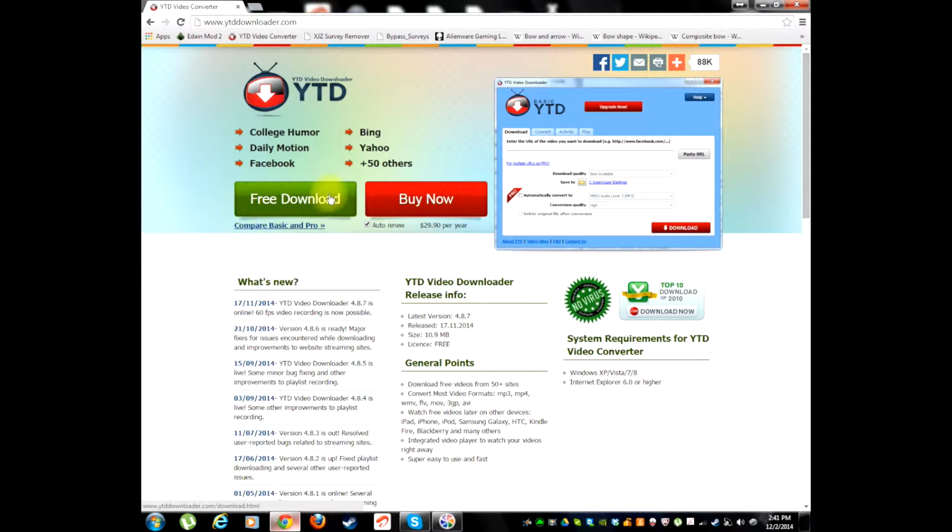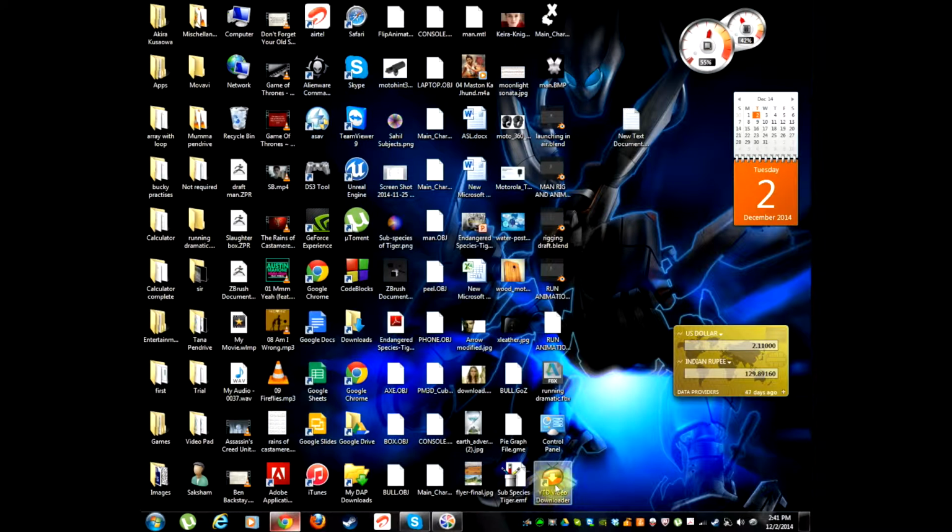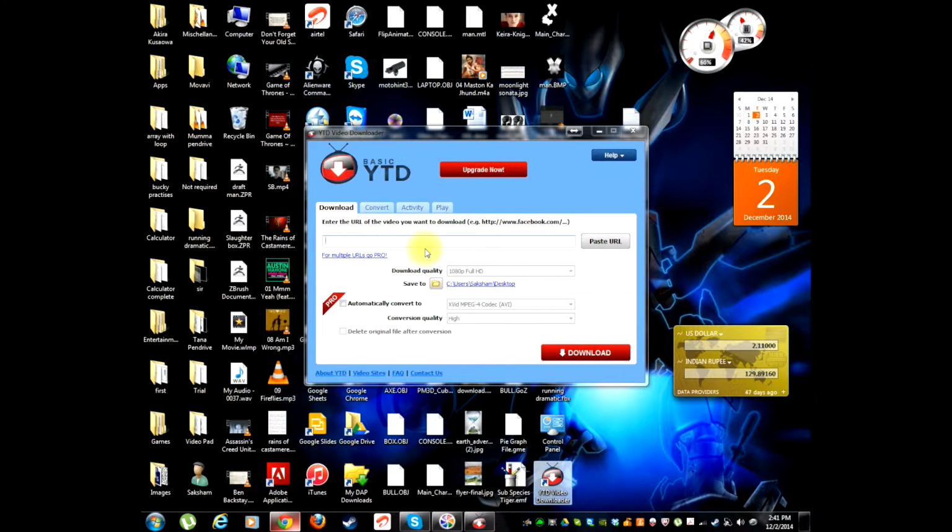Out here we'll have the option to download either the free version or the pro version, which is paid for. If we click on the free download button, immediately the download will start. I'll not do that because I've already got it downloaded and installed, so I'll skip that process too. But it's fairly simple, so I trust you guys to be able to manage it. Now we'll go ahead and see the software itself.